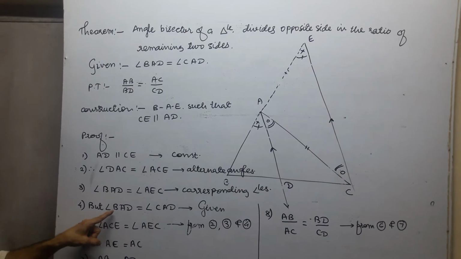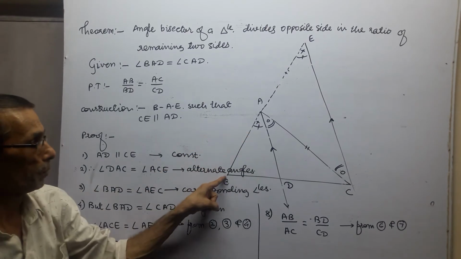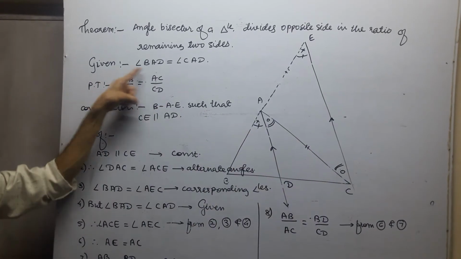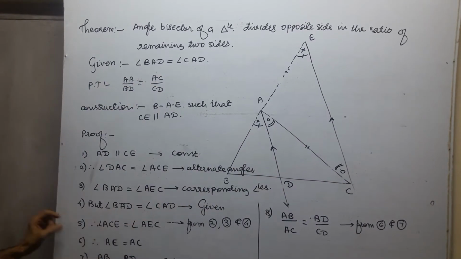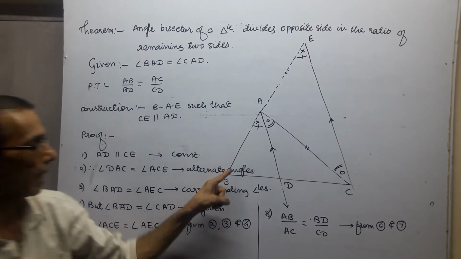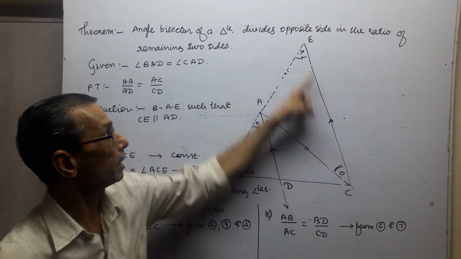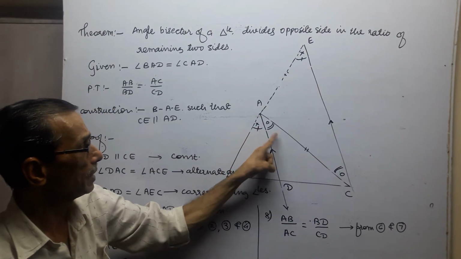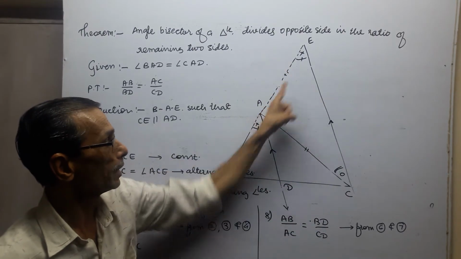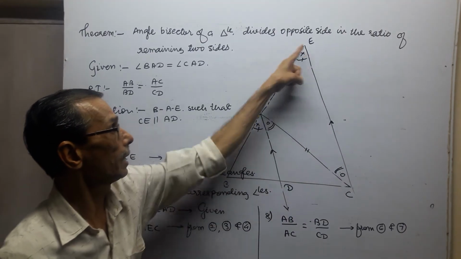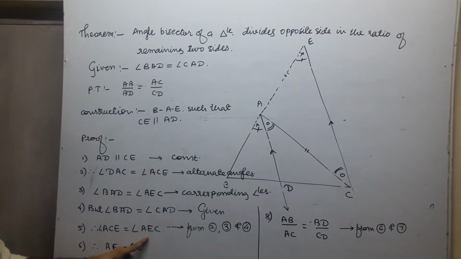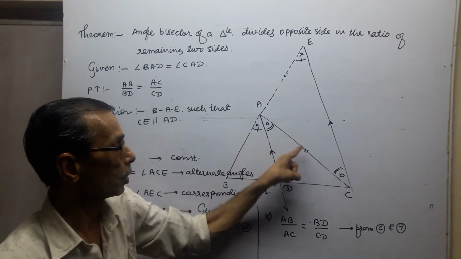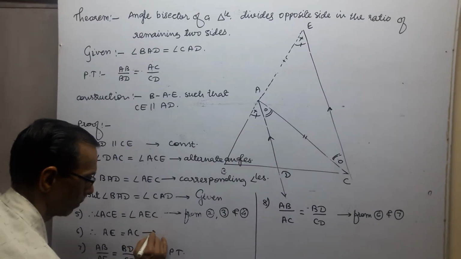But you find angle BAD and angle CAD are equal, given. This is given. And therefore you find that angles ACE and AEC are equal, because these are equal and these are equal. Since these two are equal, these are also equal, and therefore angle ACE and angle AEC are equal. And if these two angles are equal, then these sides are also equal. Why? Because of base angles. You can write here, base angles.